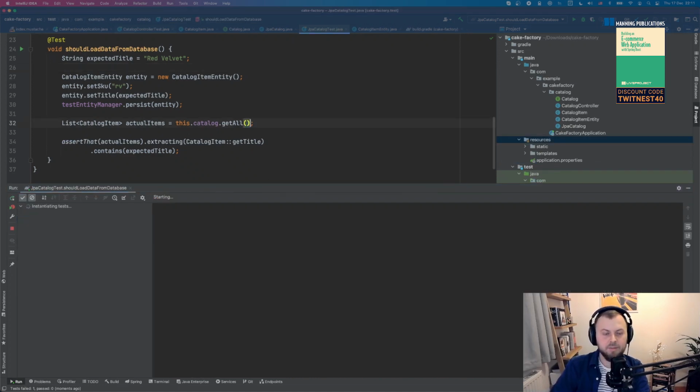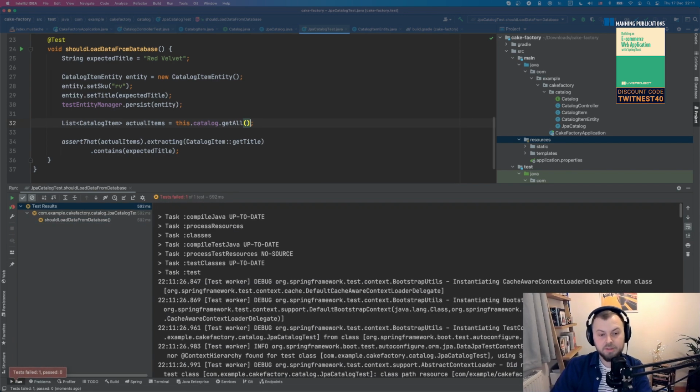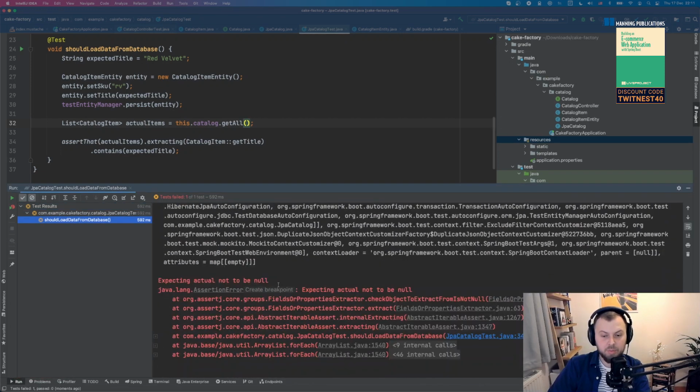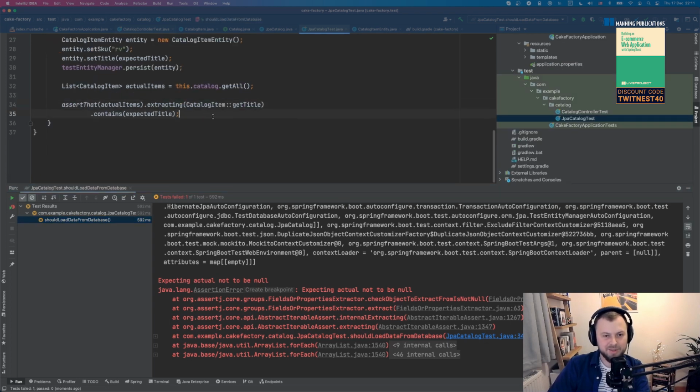So if we run it, we're gonna get an exception that a database is there, because Spring Boot will automatically configure a database for us, but it won't have any schema. So without schema, we're gonna see an exception probably. Oh yeah, because it's not doing anything. Before we get to the schema, probably we need to do a little bit more, right?